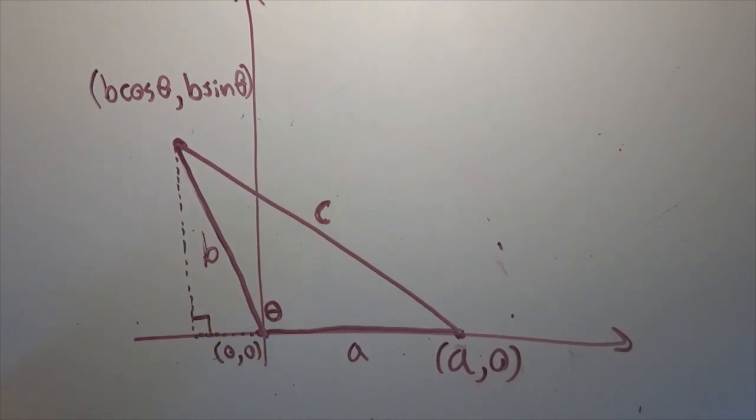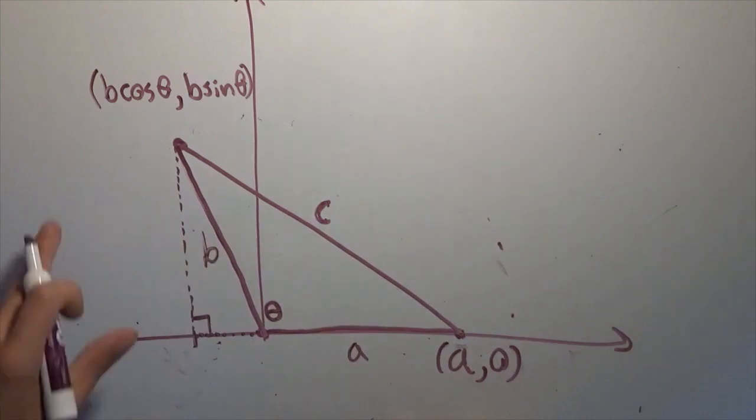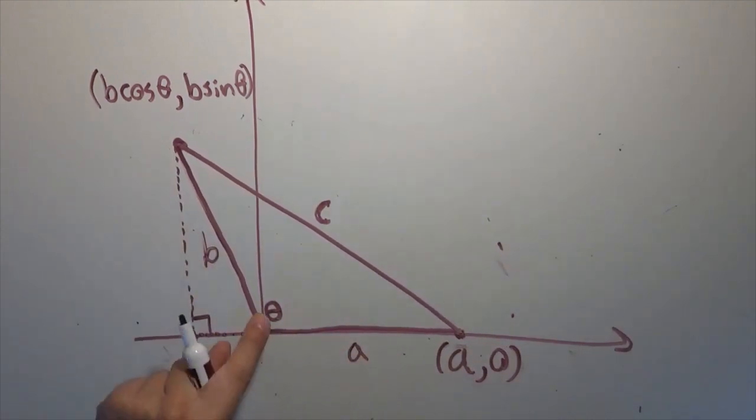All we have to do is figure out what all of these extra lengths are. So we know that that middle point here is the origin, so I don't really need to write that. The length of this triangle is going to be the difference of these two things. So this x-coordinate here is b cosine theta, and the distance between two things is their difference. So the length of the base of this triangle, this new right triangle, remember our original triangle is a, b,